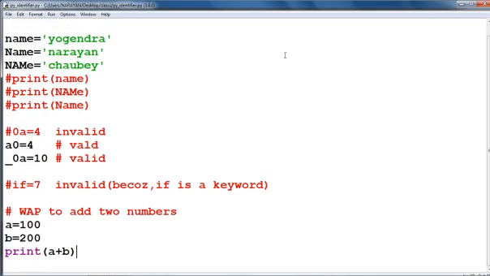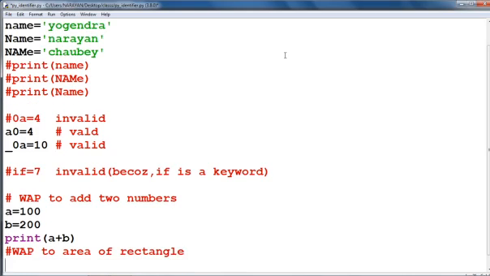Now if we are going to write a program to calculate the area of a rectangle. Now see, first of all we have to take length and width. Suppose that length equal to 50 meter.